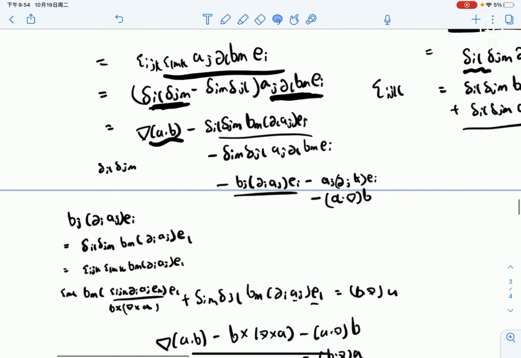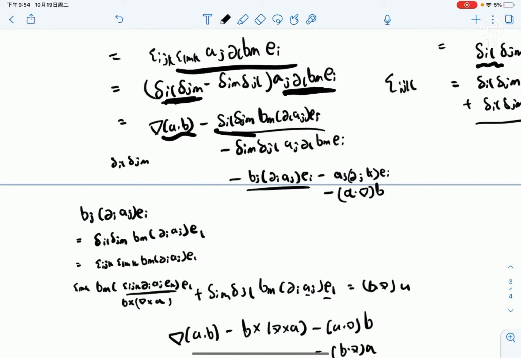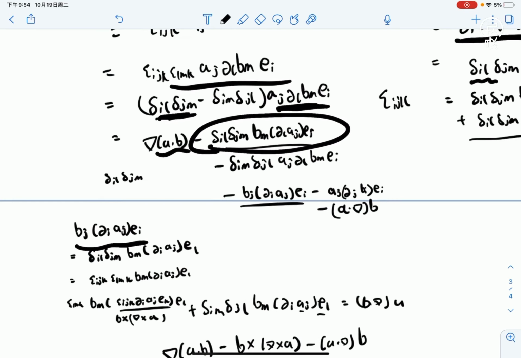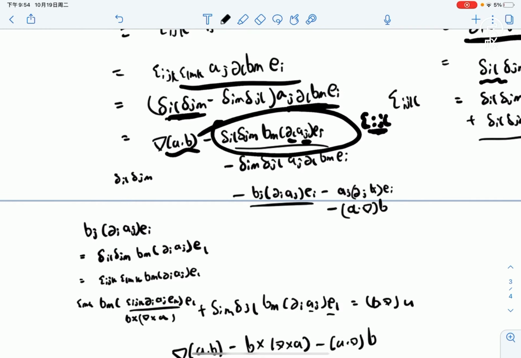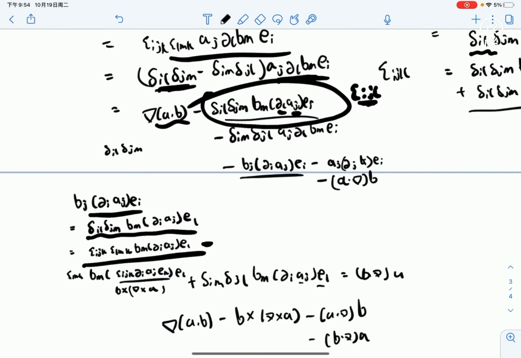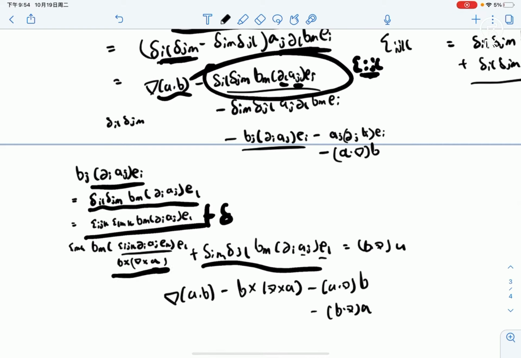Okay, moving on to the second part. In this, we just combine the terms first, because we need to get these two terms into a form of epsilon_ijk, so we can write it out like this. Basically this is equal to this, and we can rewrite it as this and expand it, and there should be a minus or plus this stuff, where this part is equal to B cross